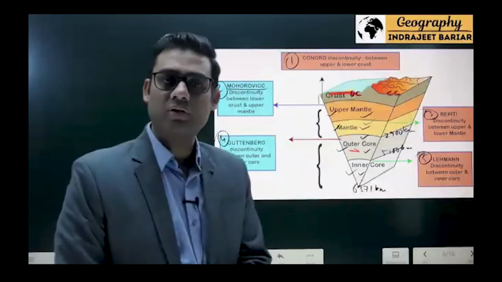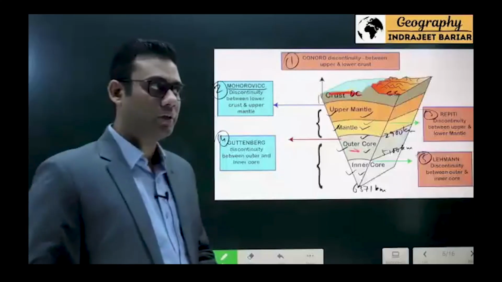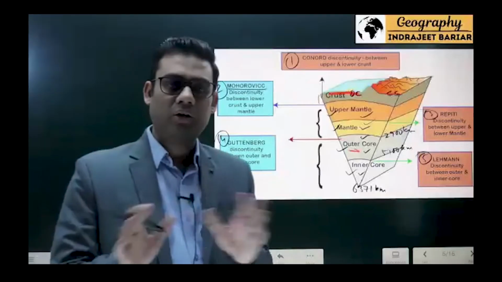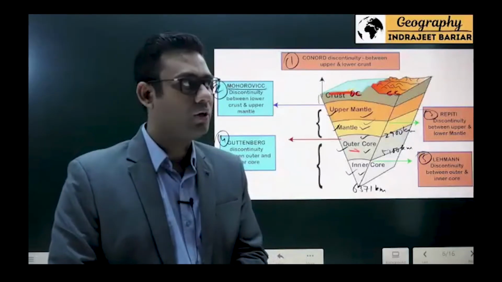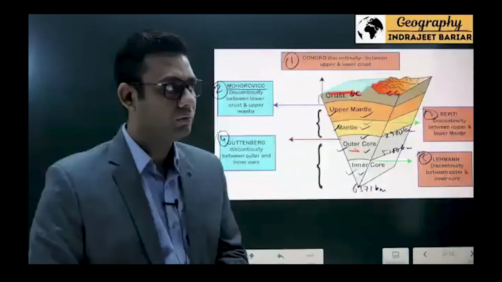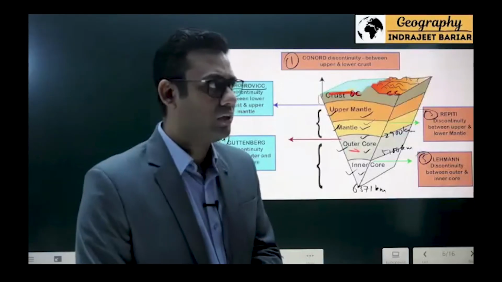So what is the difference between upper crust and lower crust? The basic difference is in terms of density only. Upper crust is less dense, lower crust is more dense. Anyways, as you go deeper, the density increases. Secondly, in their composition itself, much like continental and oceanic crust, we differentiate. Upper crust is mainly granitic, lower crust is basaltic. And we have done that granite is less dense than basalt, basalt is more dense.